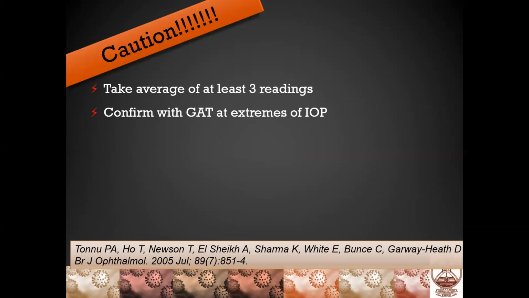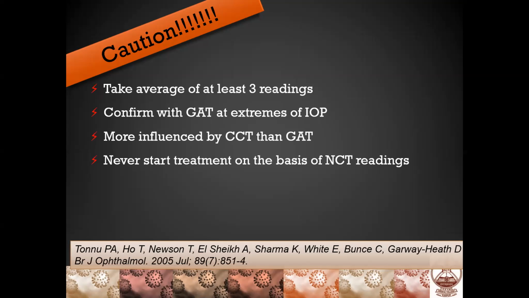Now, because it is more influenced by central corneal thickness than Goldman Applanation Tonometry, we need to be extra careful in the patients who are having abnormal corneal thickness. We should never start the treatment on the basis of NCT readings. Suppose you've got an NCT of 26, wait and watch and confirm your readings again with Applanation tonometry before jumping